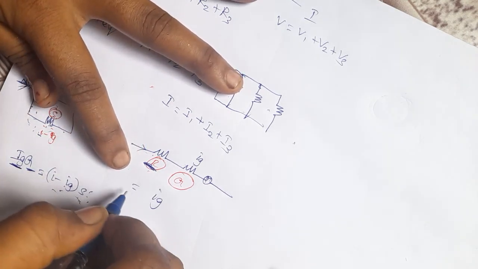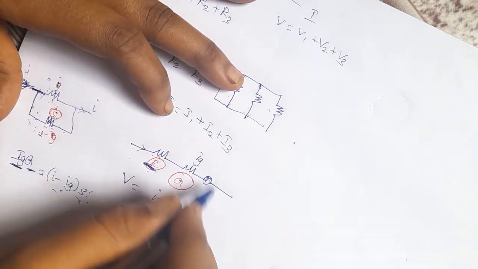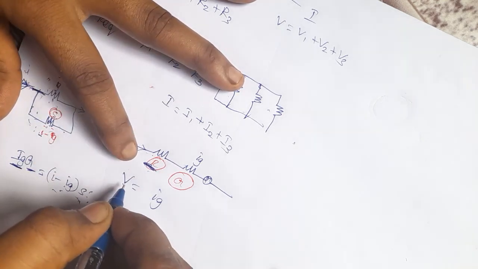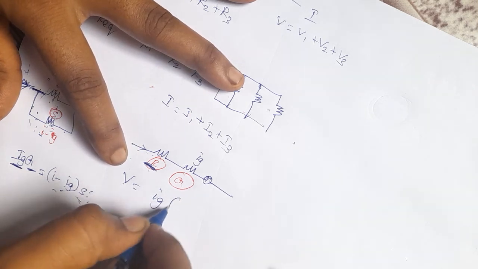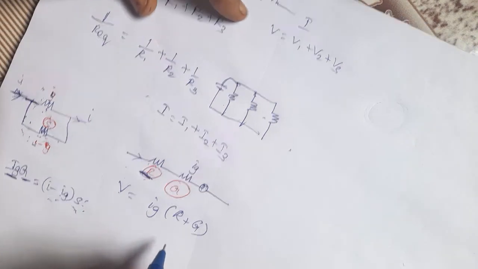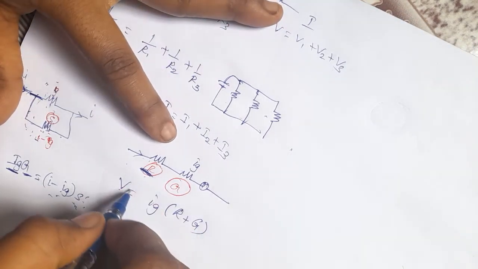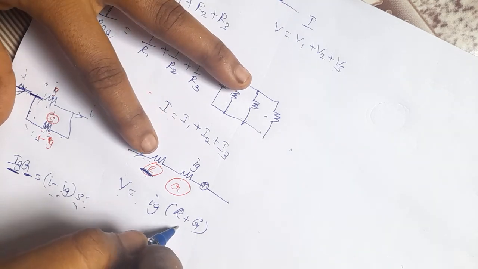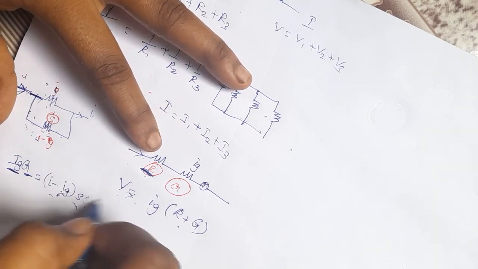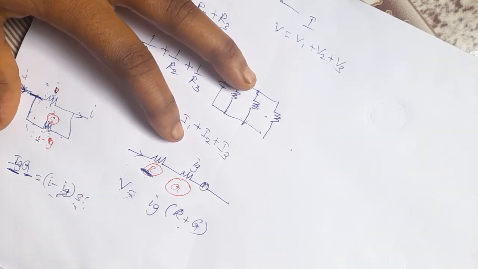So the potential is going to be V is equal to I into R, and for this R I am adding this. The equivalent resistance is just adding the resistances, that is enough. Okay, this is the equation if we want to convert this into a voltmeter. And based on these two, many questions are asked. So try to remember this concept.